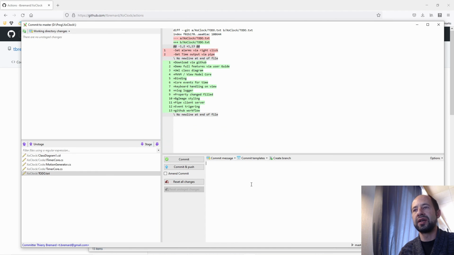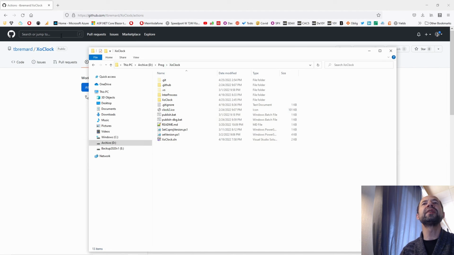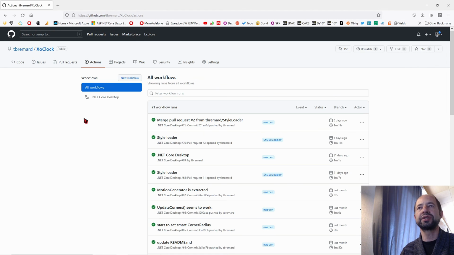On to do, okay, done, correct, event and link, notation, good. I'm going to commit and push. And because I am pushing on the master branch, let's look if something happens.